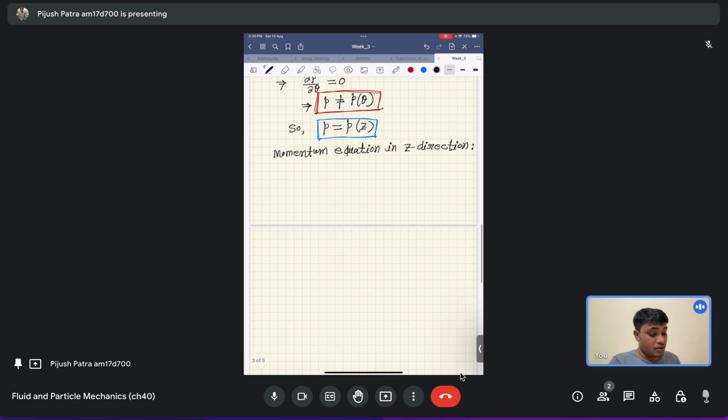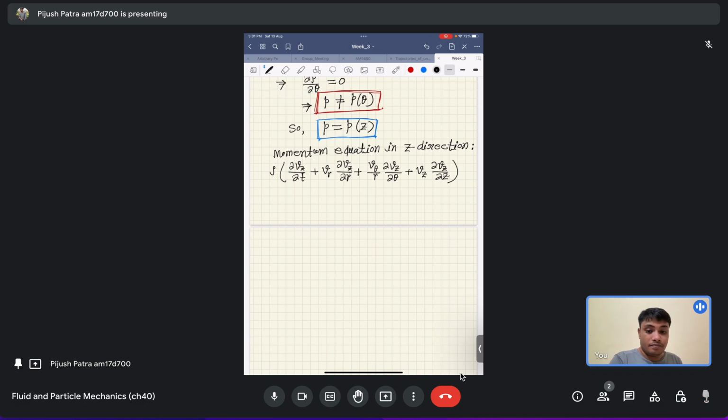So what will be the momentum equation in z direction? It will be rho ∂Vz/∂t plus Vr ∂Vz/∂r plus (Vθ/r) ∂Vz/∂θ plus Vz ∂Vz/∂z. So this is the